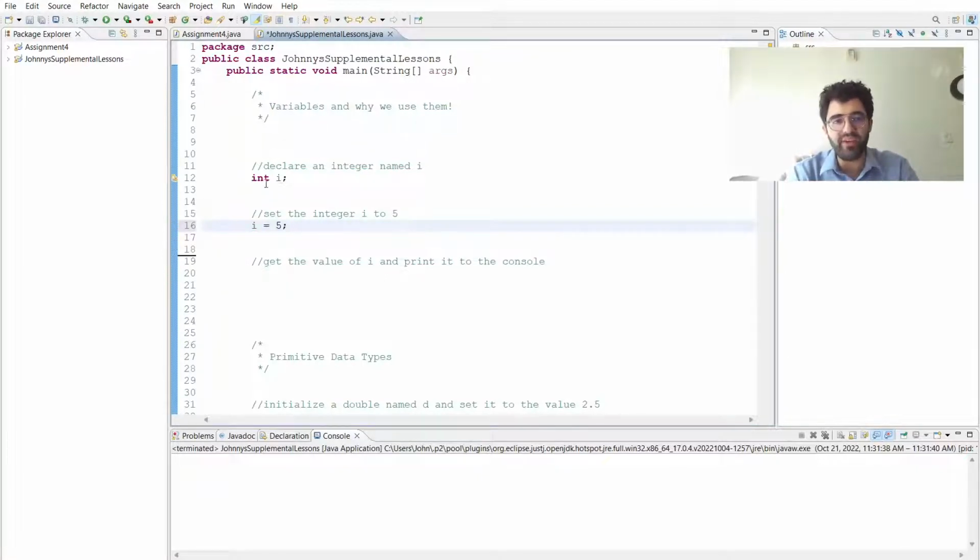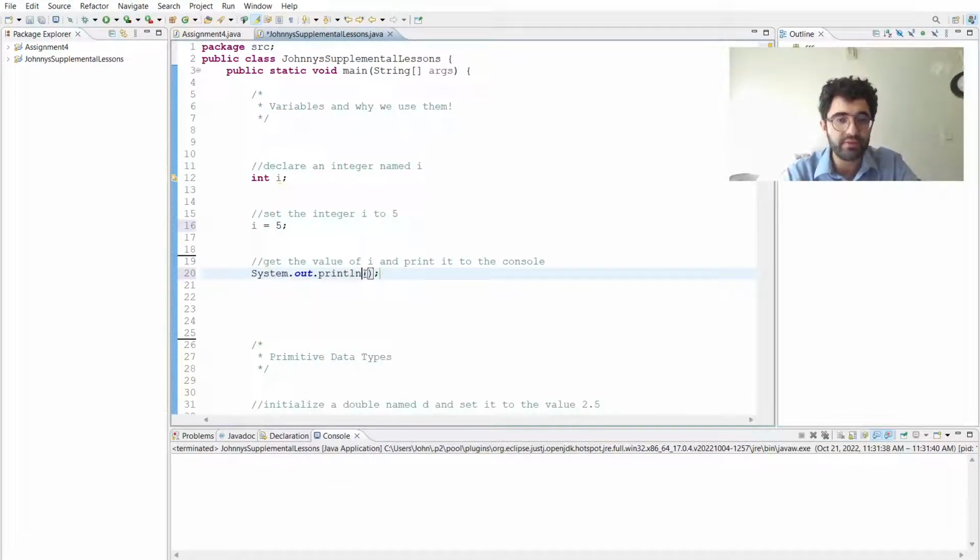The reason we don't have to write int again is because we only need to say int i once in our declaration. To set the variable later on, we just need to get the name, put our equals sign, and then add in the value. And now we'll try to print it to the console to make sure that the value inside our box is in fact 5. And to do that, of course, we would say